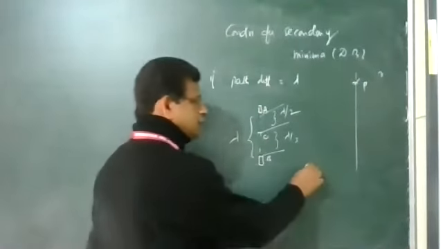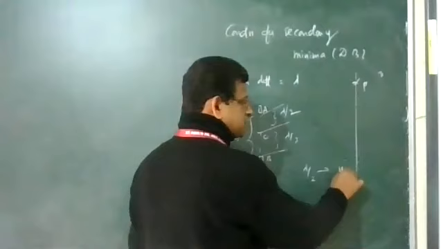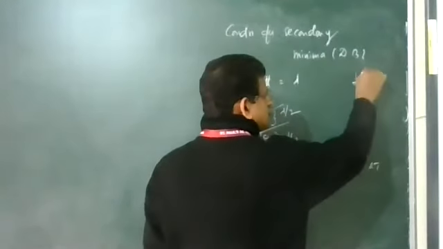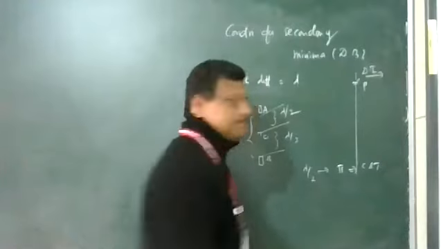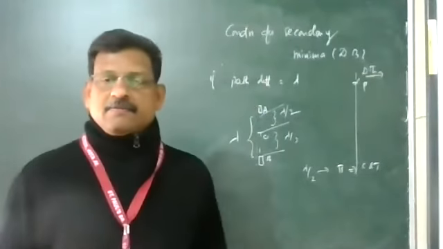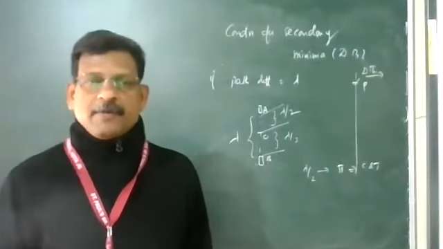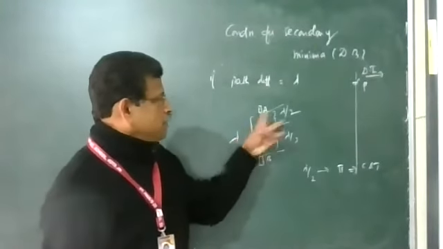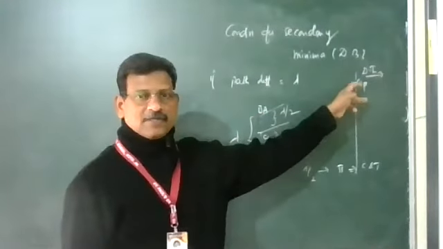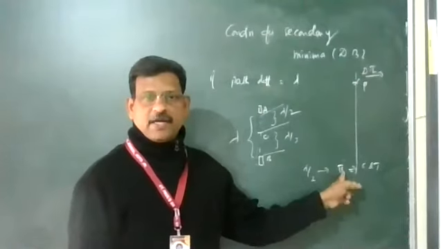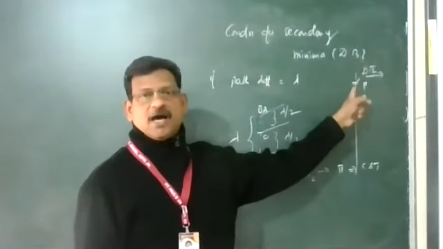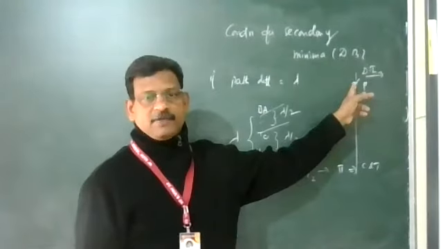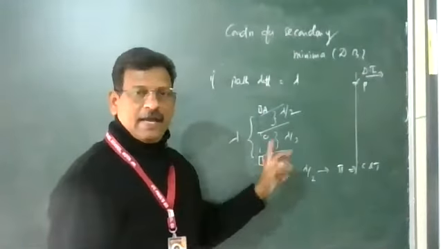A lambda by 2 path difference produces a phase difference of pi, which means that crest and trough come together. So if the path difference is lambda, one wave from A and one from O reach the point with a path difference of lambda by 2, a phase difference of 180 degrees, crest and trough, and the resultant intensity will be zero. Similarly from O and B.